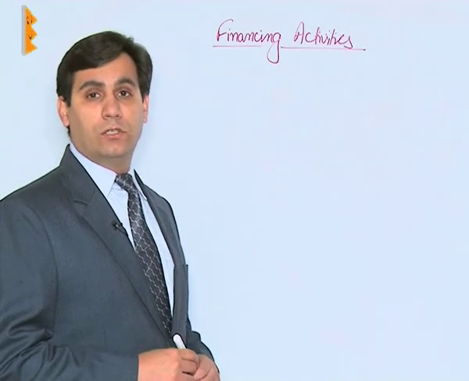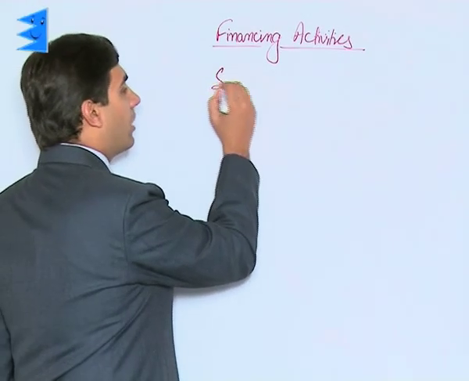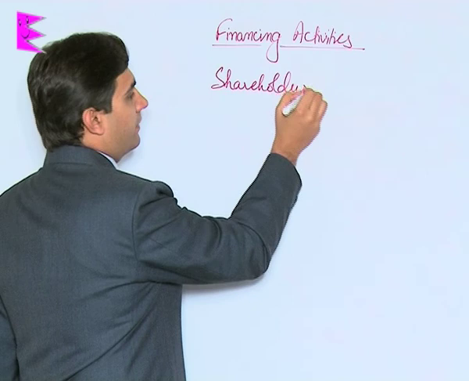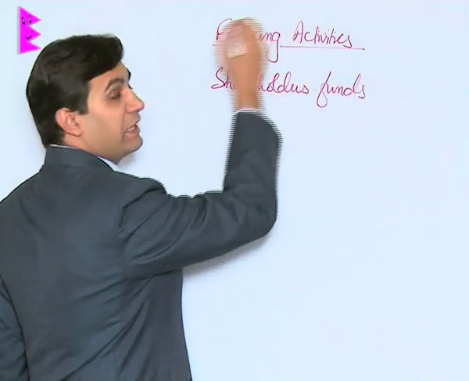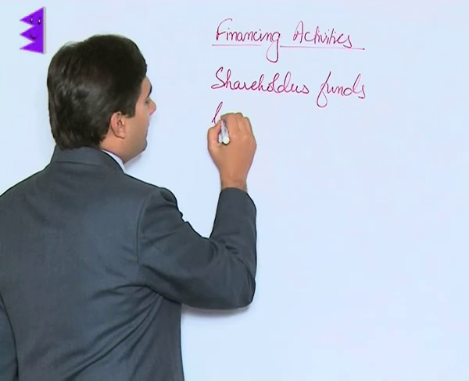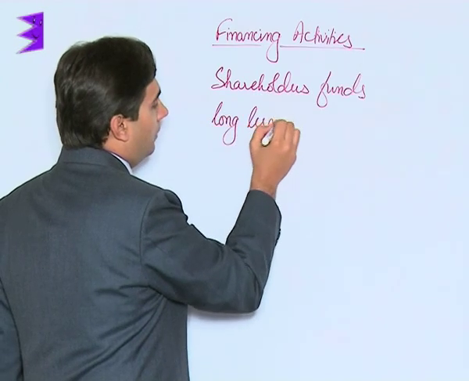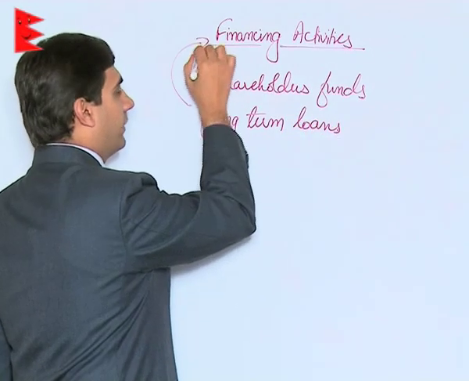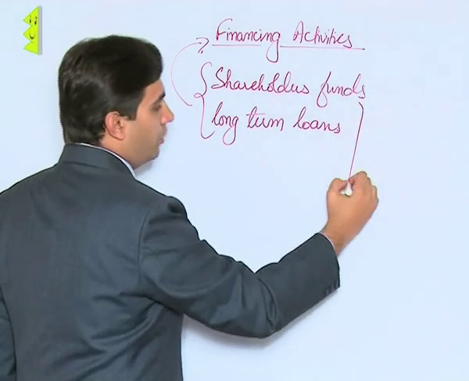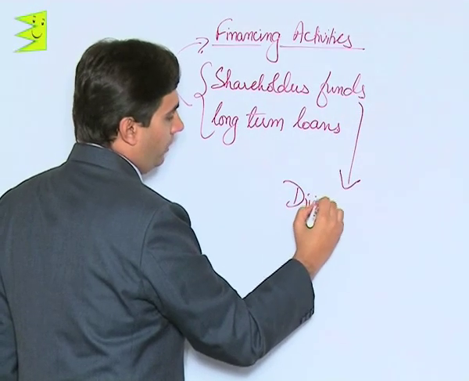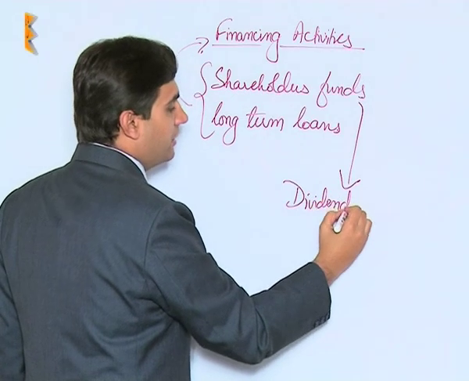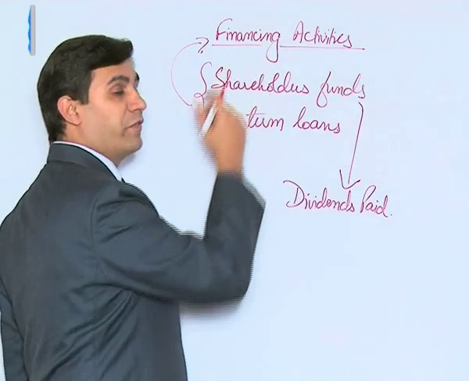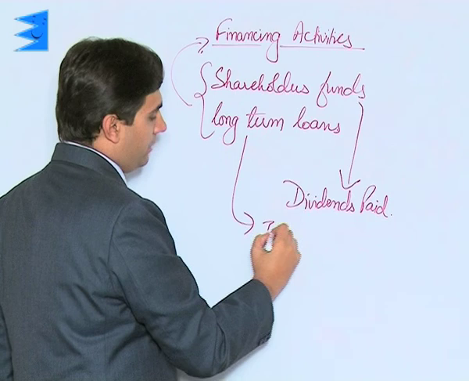That means financing activity includes those activities which are a part of capital employed, that is the shareholders funds as well as long-term loans. So any change in shareholding pattern or shareholders funds would be reflected in financing activity, as well as any change in long-term loans or liabilities. Along with this, shareholders funds involve dividend payout. So dividends paid on shares by a particular company is also part of financing activity,